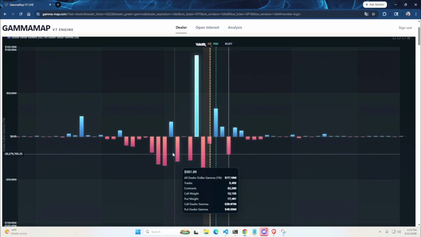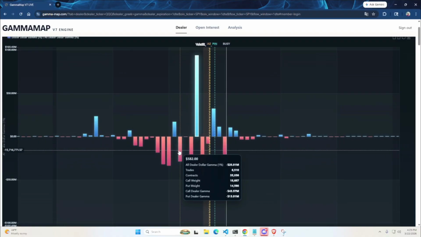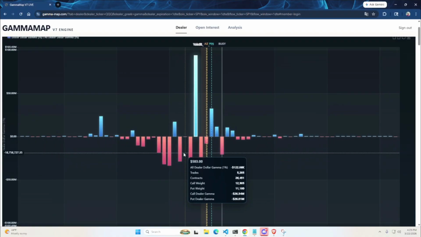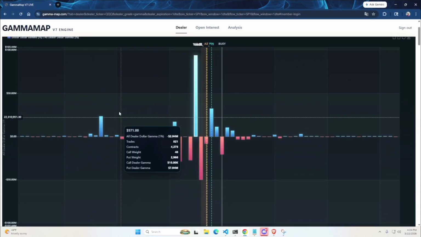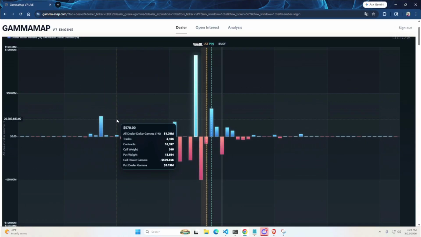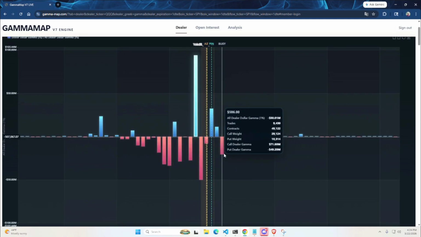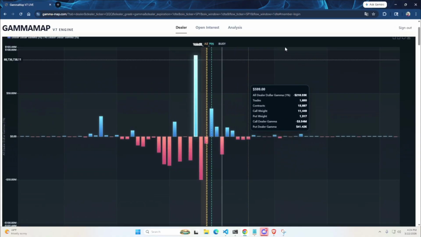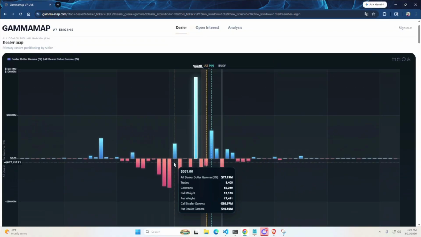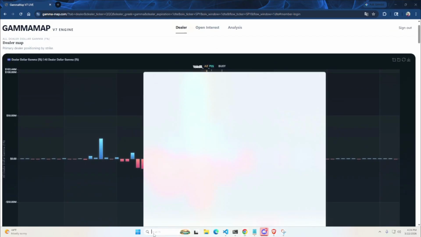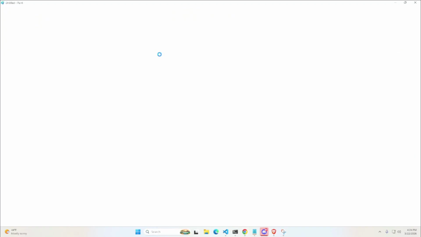But right now we have a lot of negative gamma, so there's going to be a lot more volatility, and we have positive gamma starting to form below us. Now, obviously, 0 DTE, like what he was saying, is going to change the picture. This is just 1 DTEs from Friday. But essentially, you're going to look for patterns with your trading, right? Dealers are going to hedge, and I'm going to add other Greeks soon, which will help you guys, and I'll go over those later. But right now, I want to educate more on gamma.